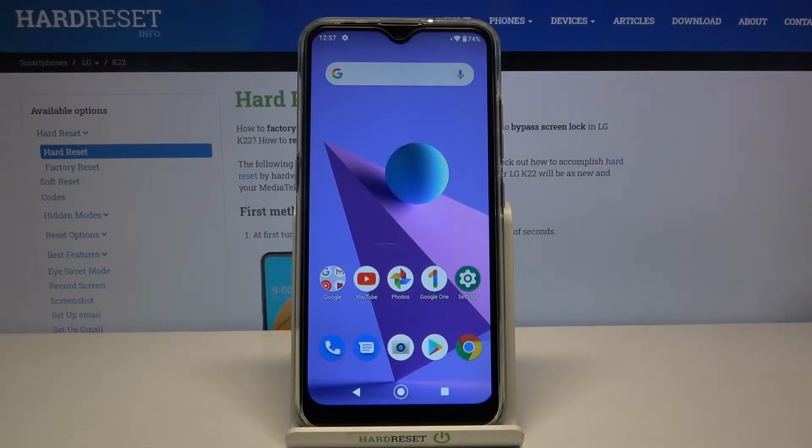Hi everyone, here we've got LG K22 and let me share with you how to change keyboard language on this